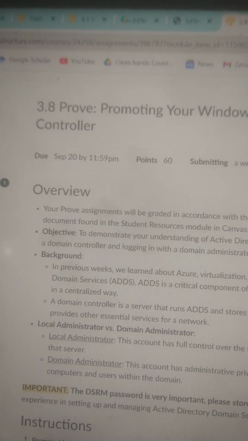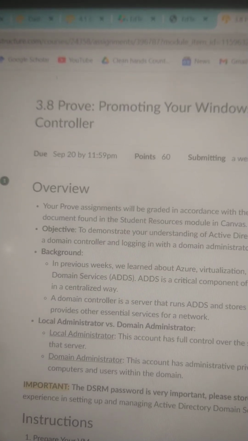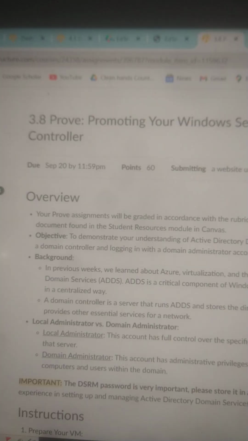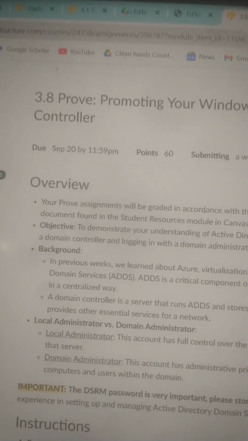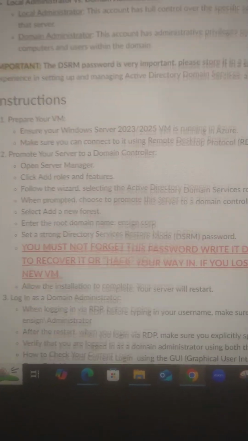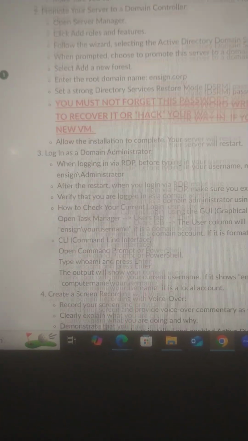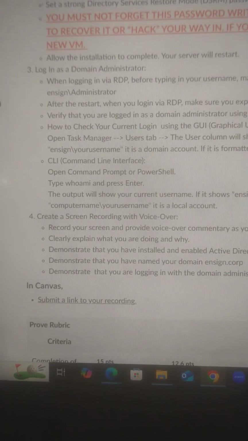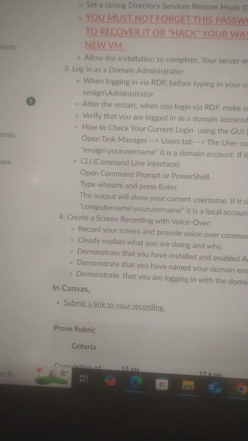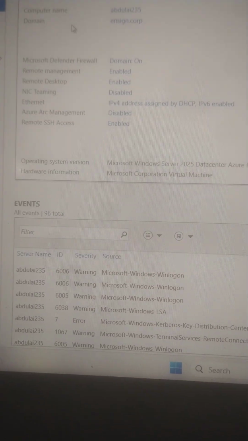Abdullah. I'm going to show you how I was able to go through this assignment, promoting your Windows Server VM to domain controller by following the instructions on this particular assignment. Okay, now the first thing I'm going to talk about is how I was able to promote my server manager,